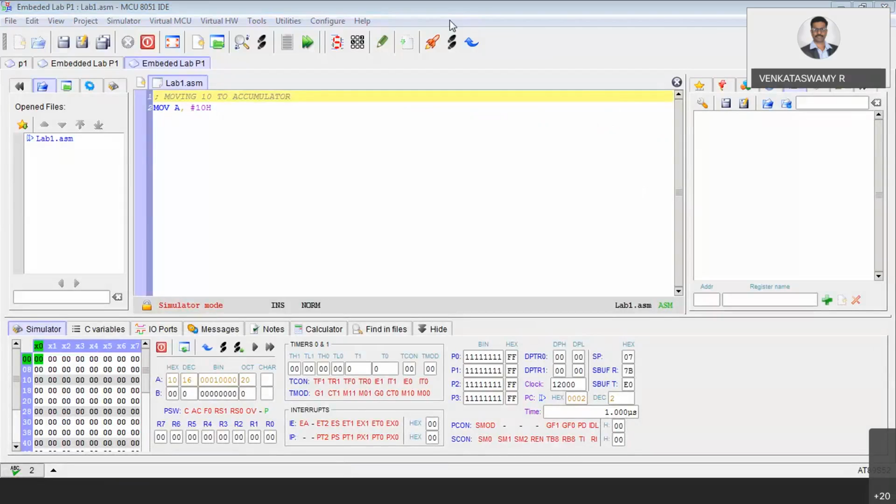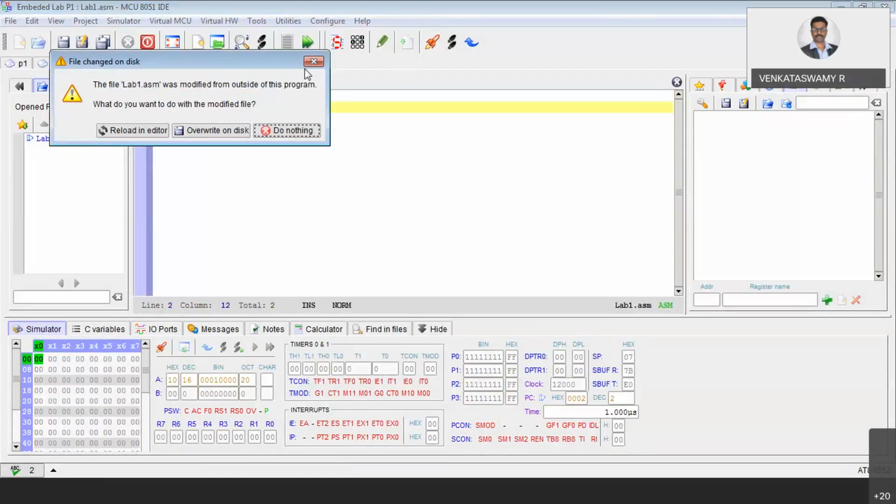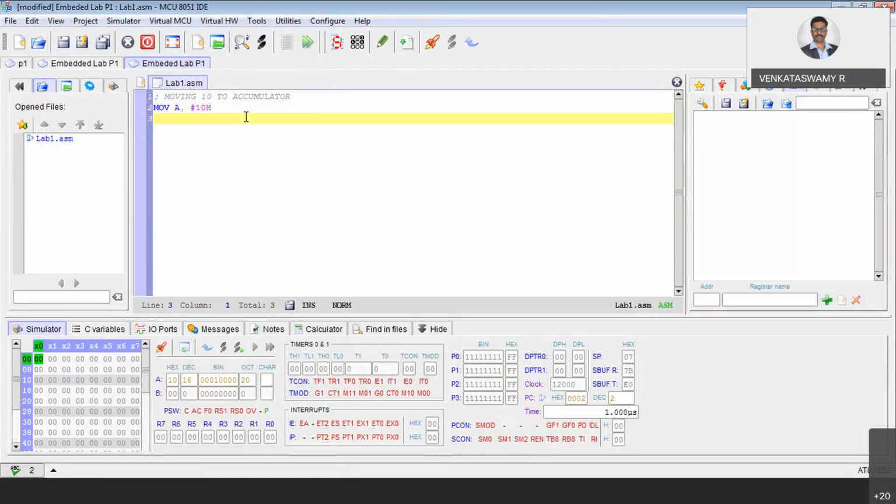Now can you move some content from R1 to R2? You understood my question? So you want to move some content from R1 to R2. Very good.